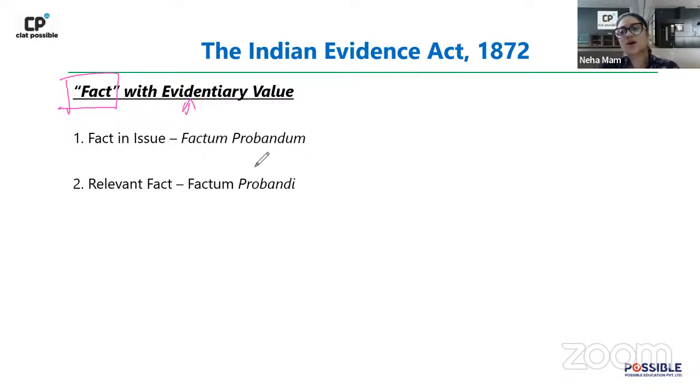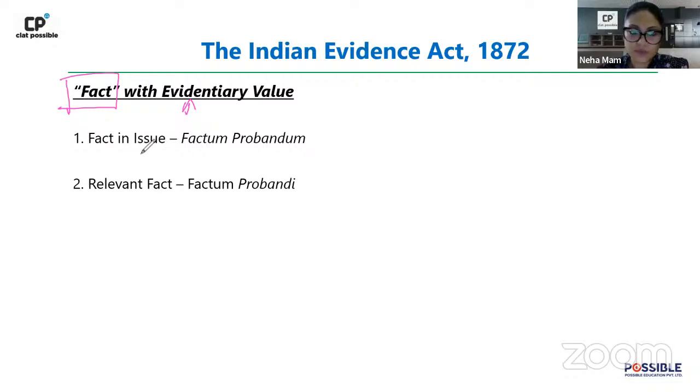Because when you are looking at a case, there will be a lot of facts involved. Can you bring evidence for each and every fact that is surrounding? No, you can bring evidence only for certain facts, ऐसे facts जो कि essential हैं उस particular case में. So law says that you can bring in evidence only if you fall in any of these two categories of